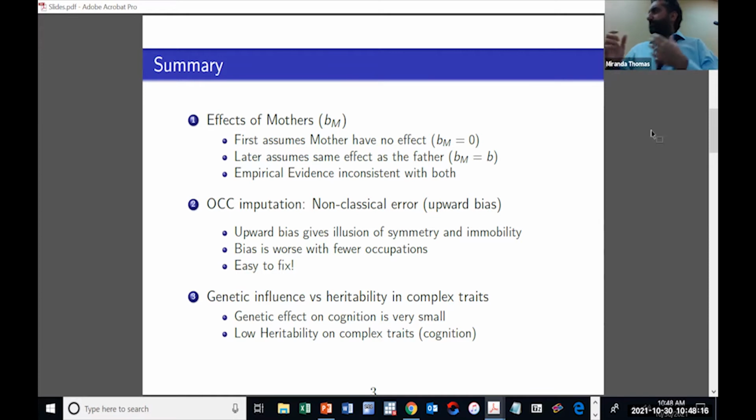And finally, interpretation of the results. Up to here is just what the data say. Now you can interpret the results in different ways. I'm going to talk to you a little bit about what we know from science on the effect of genetics on cognition, and then how the genes interact, and how we can measure heritability when there is an effect of genetics on the traits. Okay, so that's going to be the plan for the next few minutes.